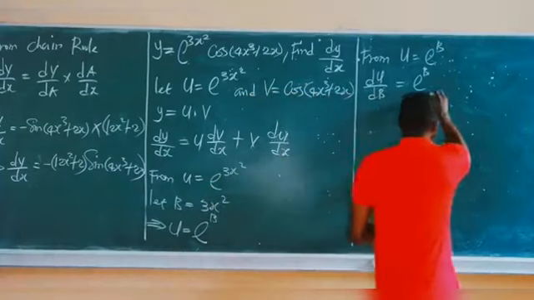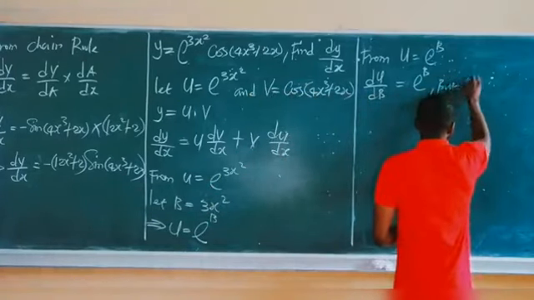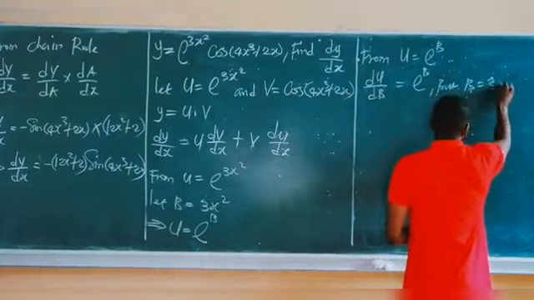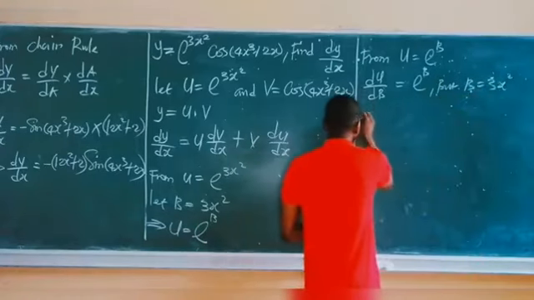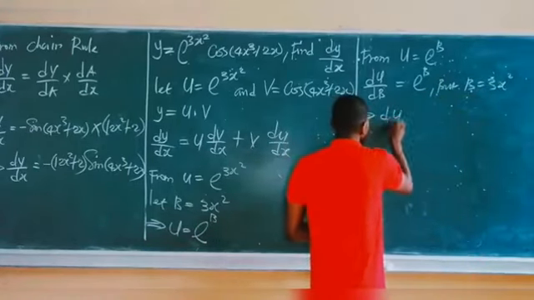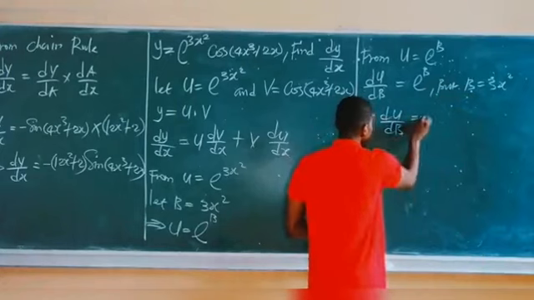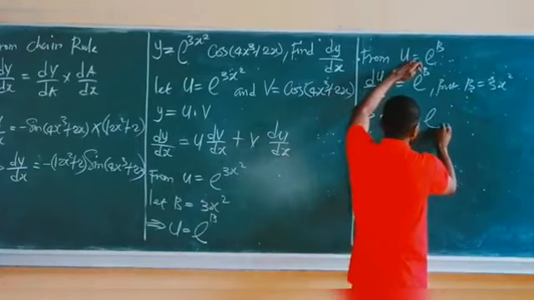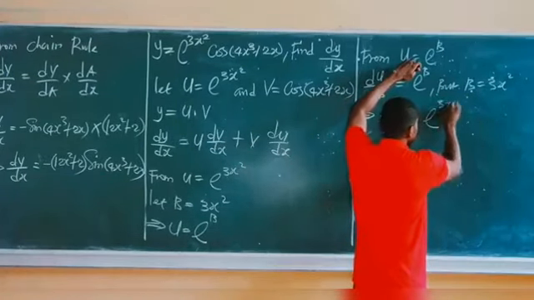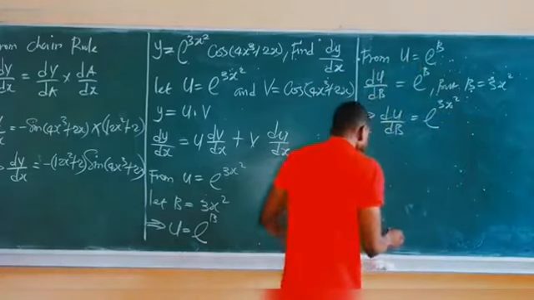But we said let b be equal to 3x squared. So it means that du db itself is simply equal to exponential, in place of b, simply substitute 3x squared. Okay, now